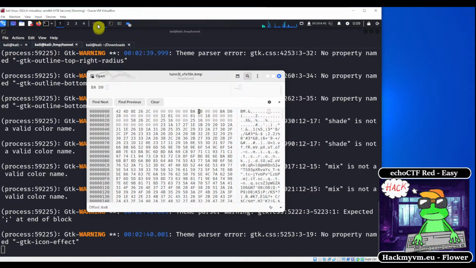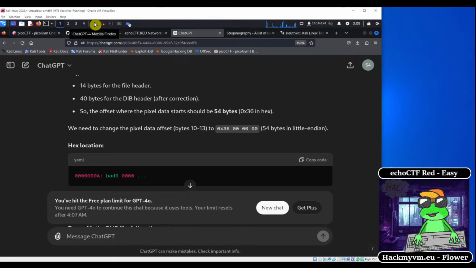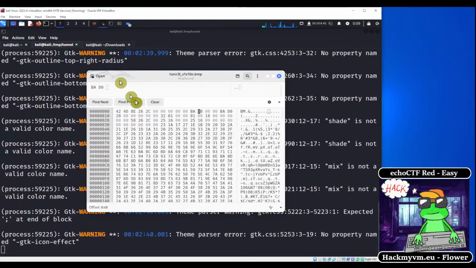So BAD0, replace it with 00036. So 0, 0, 0, 36. Okay, so let's try saving this